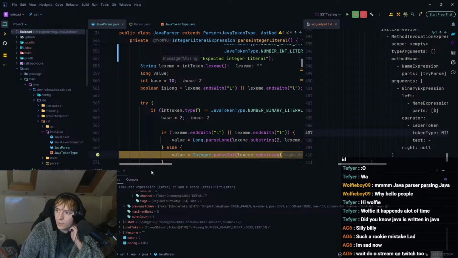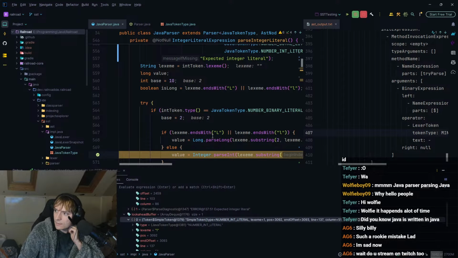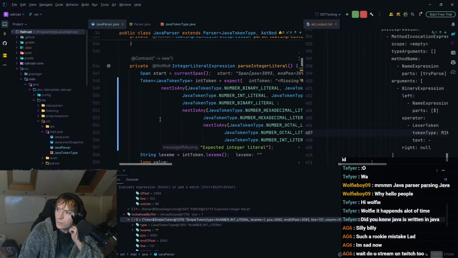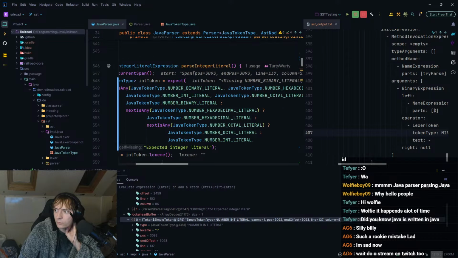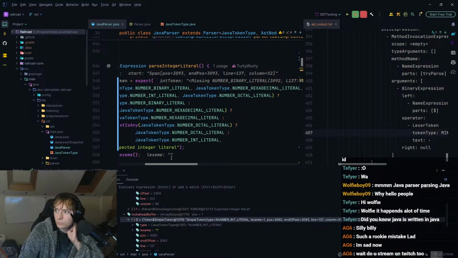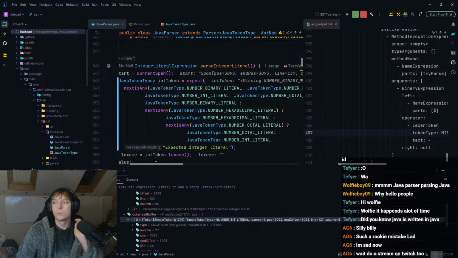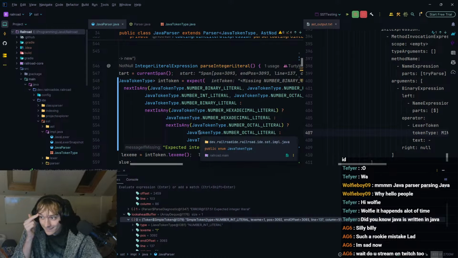If int_token.type is equal to number binary literal. But it's not. It's an int literal. Int token. So expect next is any binary literal, number hexadecimal, int literal, number octal. If it does, then it's a binary literal. What? That doesn't make any sense.